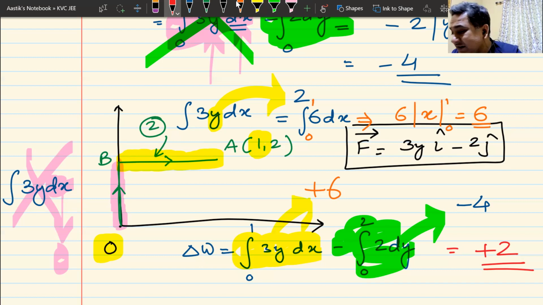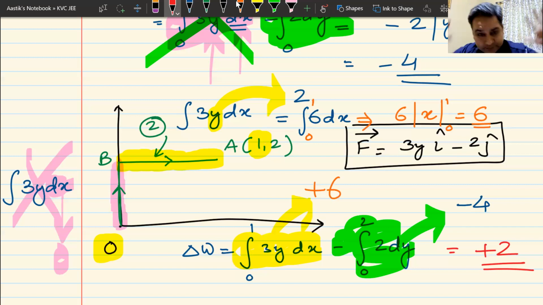Do we all understand how this integral was calculated? Path, you have to look for the path. Again, only for the dx integral we look for the path. For the dy integral, we don't look for the path, because the green one is a conservative one. I don't have to think about the path. That is the reason why I should know whether a force is conservative or not. If the force is conservative, forget about path, just put the integral and you will get the answer. If the force is non-conservative, then the problem will come. Then look for the path.